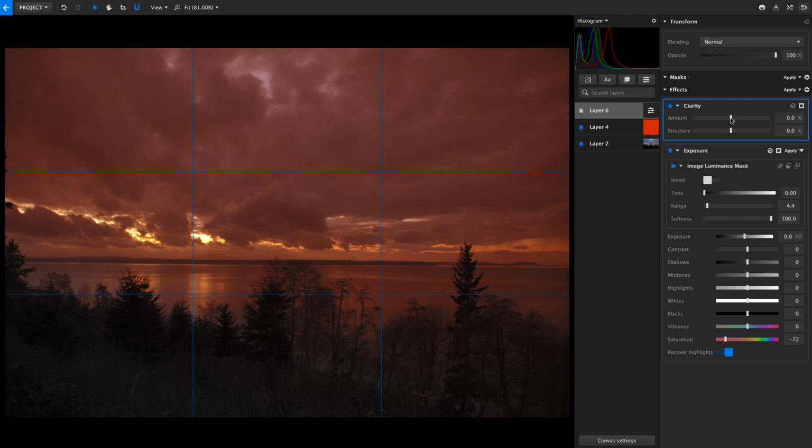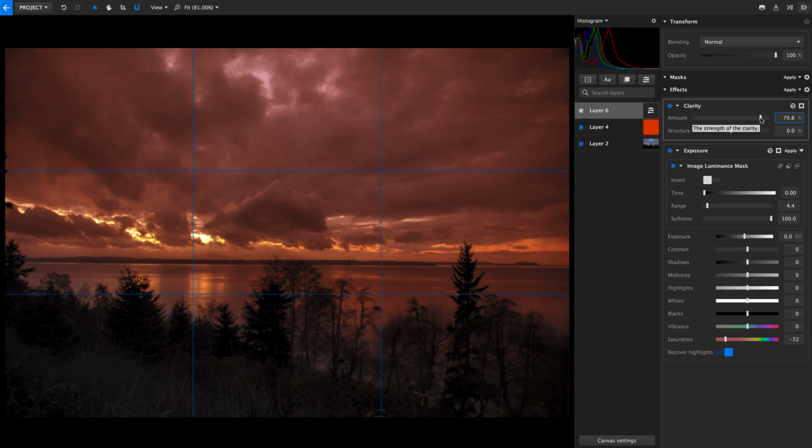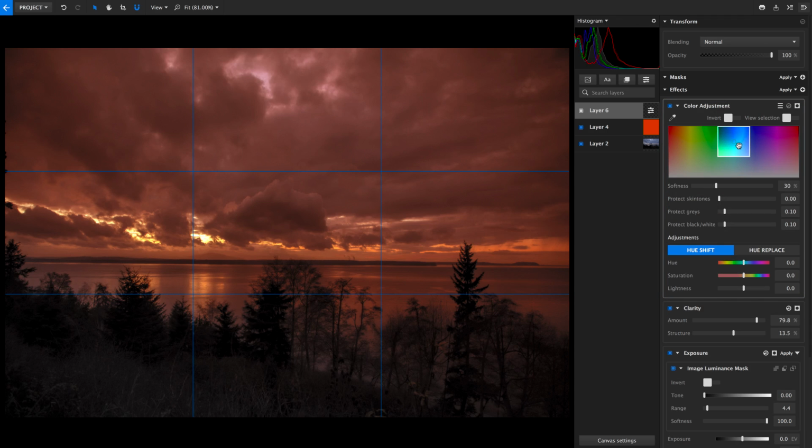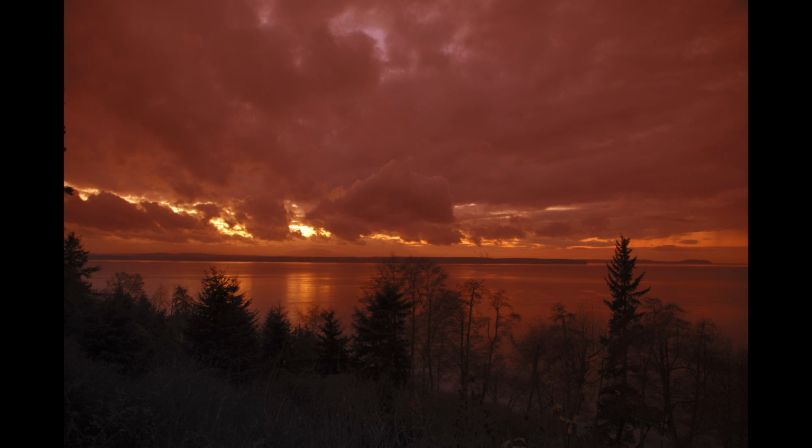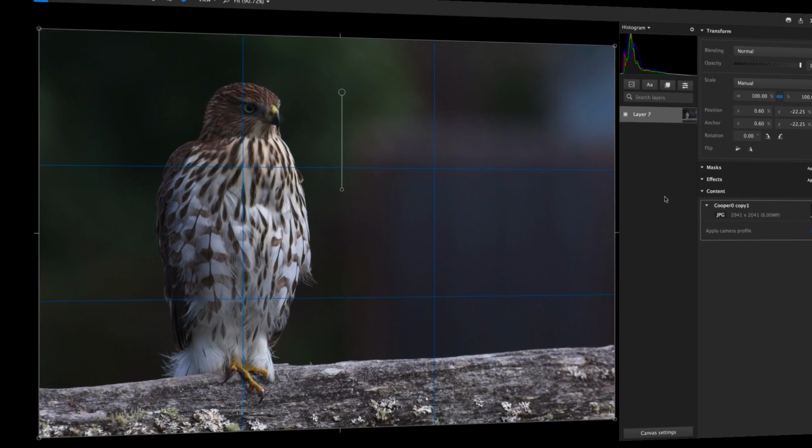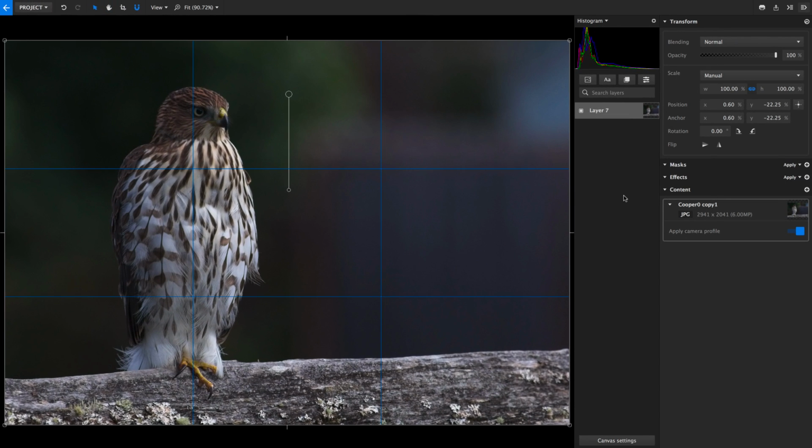Clarity will add some contrast and detail, and color adjustment will boost the oranges a bit. These aren't really part of the tutorial as they don't need masks, but they are part of processing this image to a finished state. Moving on to area masks, here is an image of a Cooper's hawk that sometimes lands